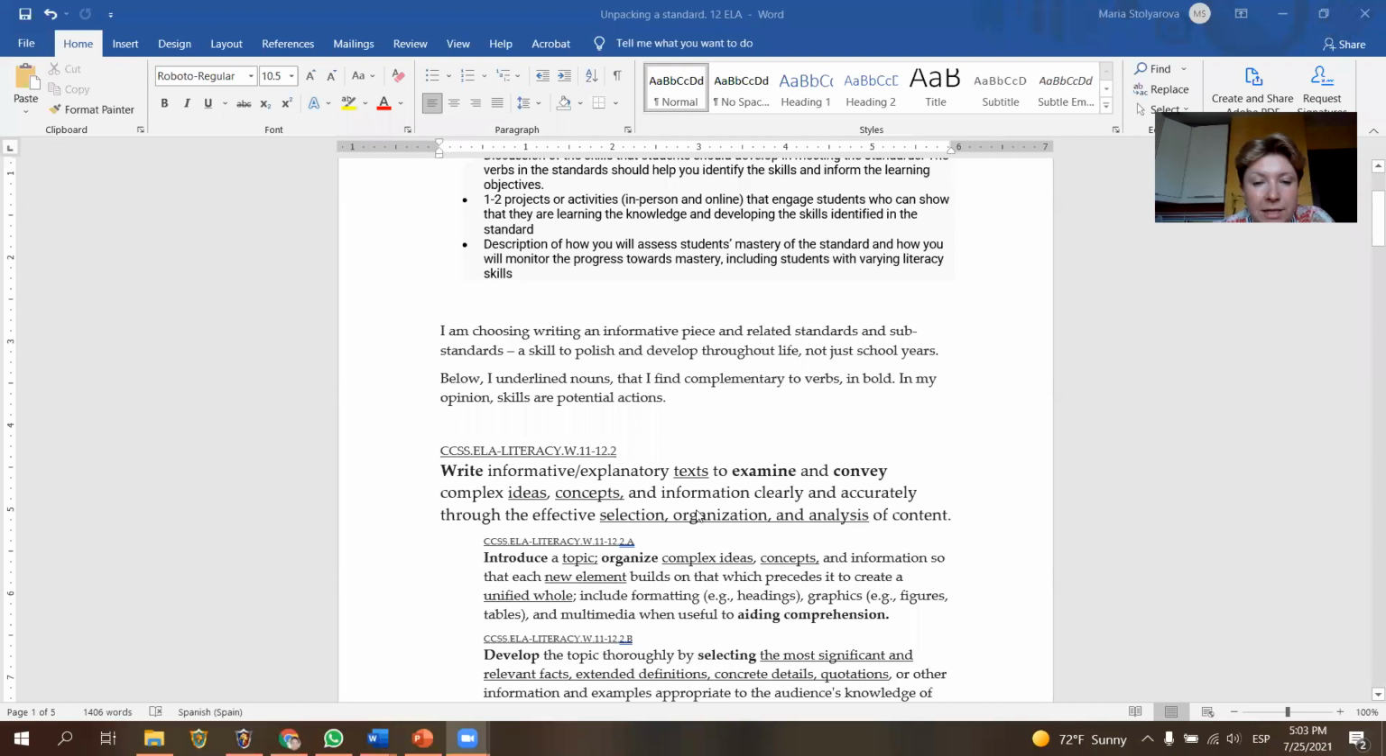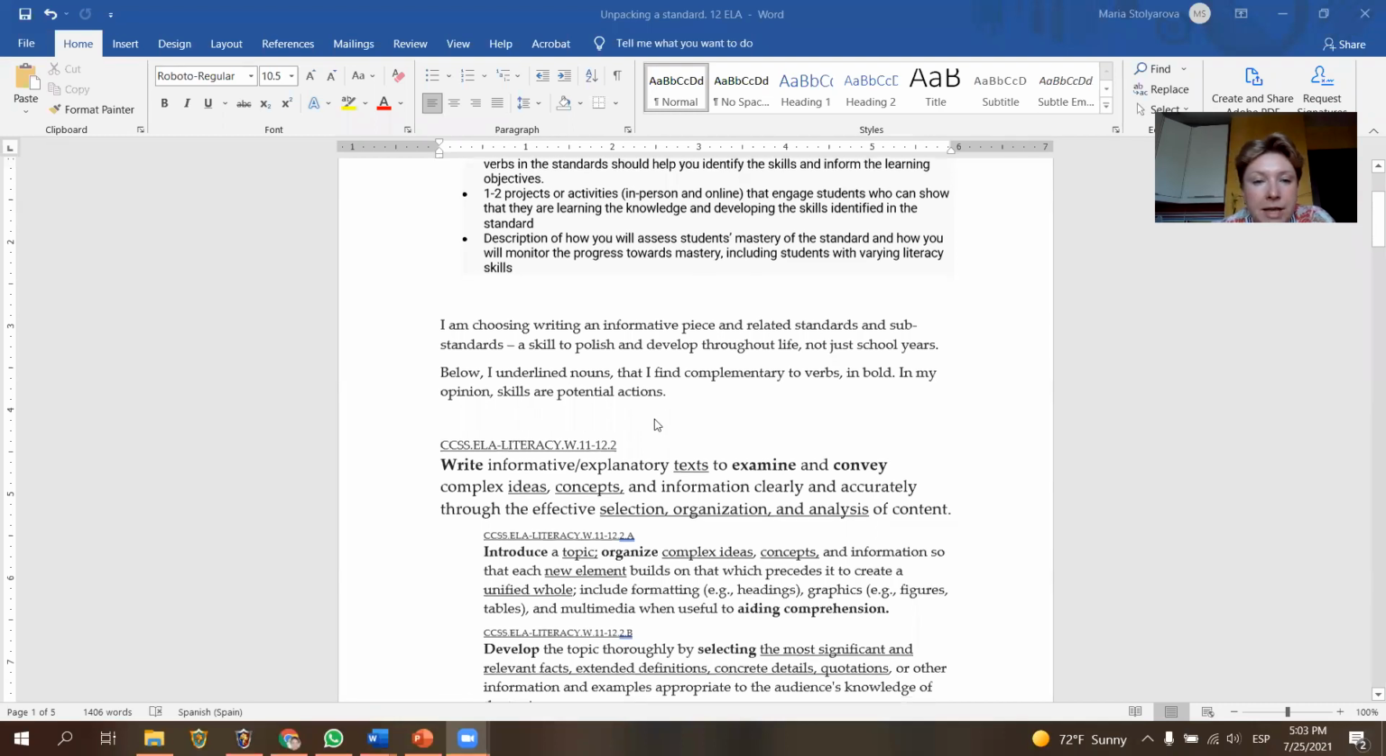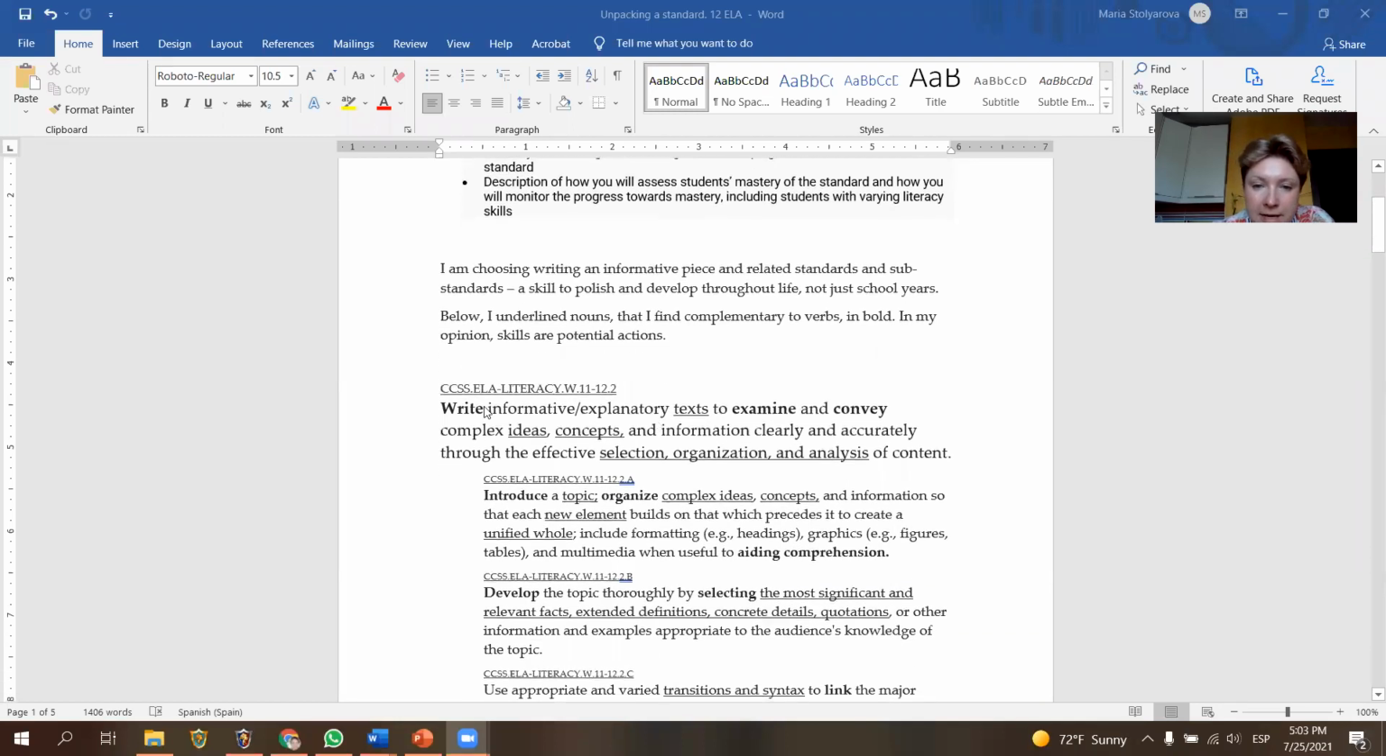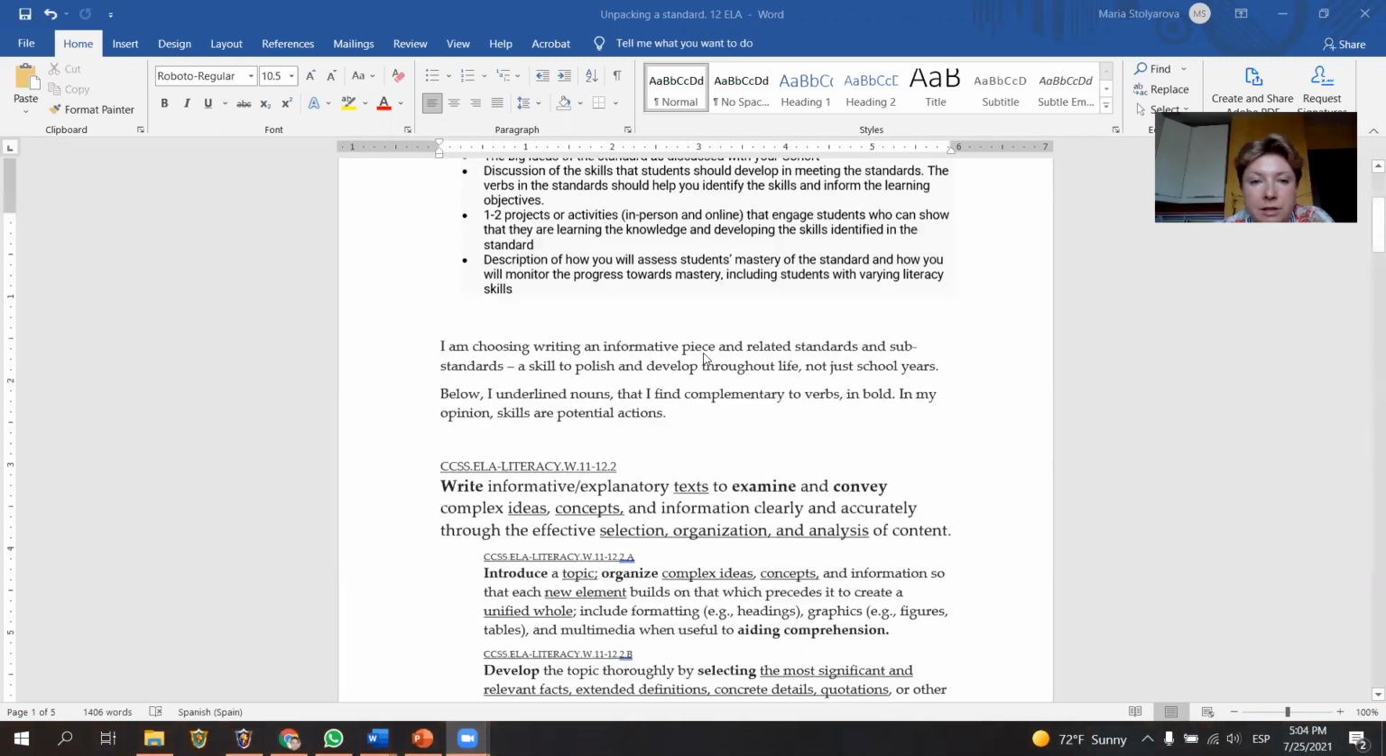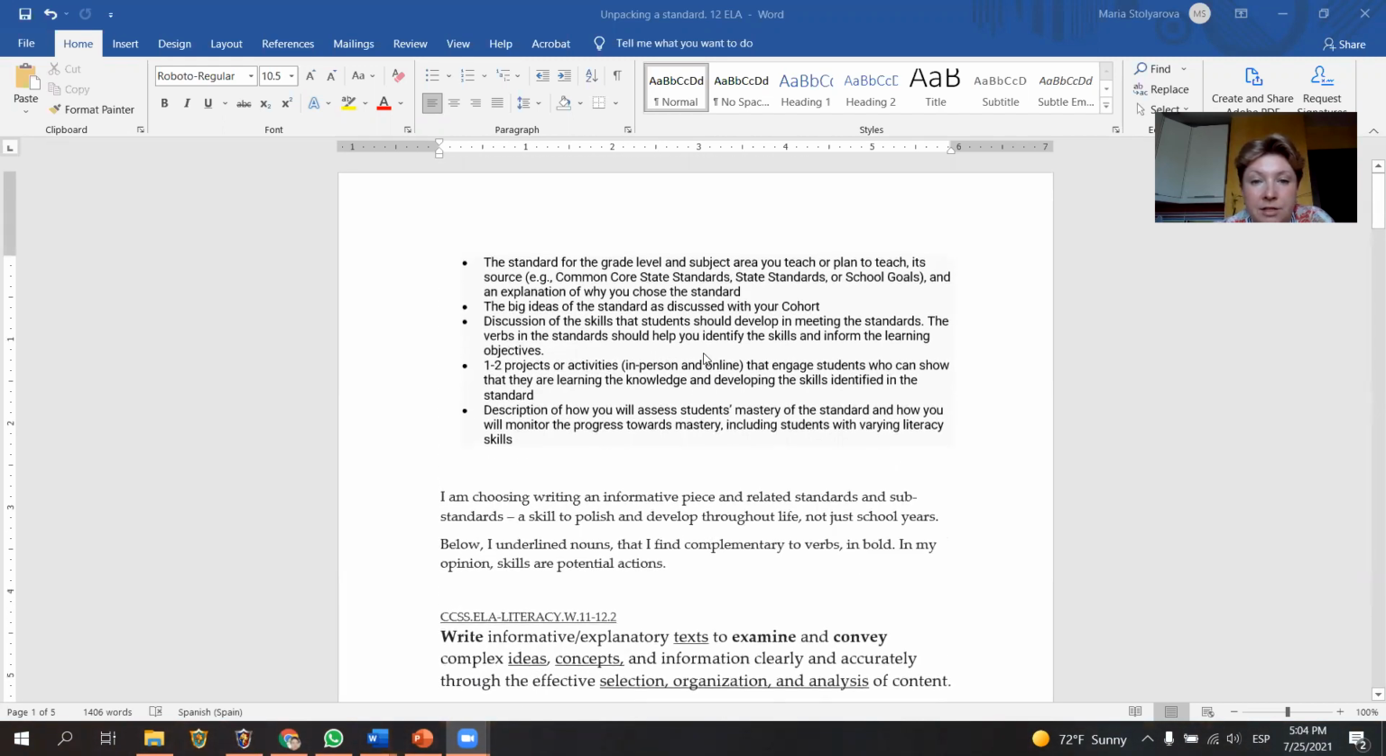I will share my screen. So let's take a look. Students have to write texts, examine, and convey complex ideas, concepts, information. So if we take a look at the verbs of the standard and its common core,